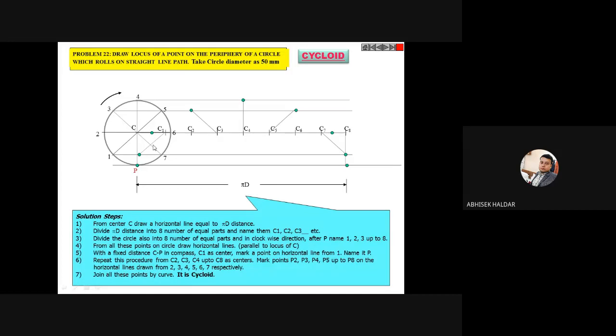You have to take any of the French curves. You have to check which French curve is aligning properly with the first 3 points, the face of the French curve. Once it is aligned perfectly with the first 3 points, join the first 2 points with your pencil. Leave the third point. Take out your French curve. Now, check which face of the French curve is aligned for the next 3 points. Next 3 points means this, this, and this. Clear? Once it is checked that it is perfectly aligned with the face of the French curve, which 2 points will I join? These 2 points I will join, or not?